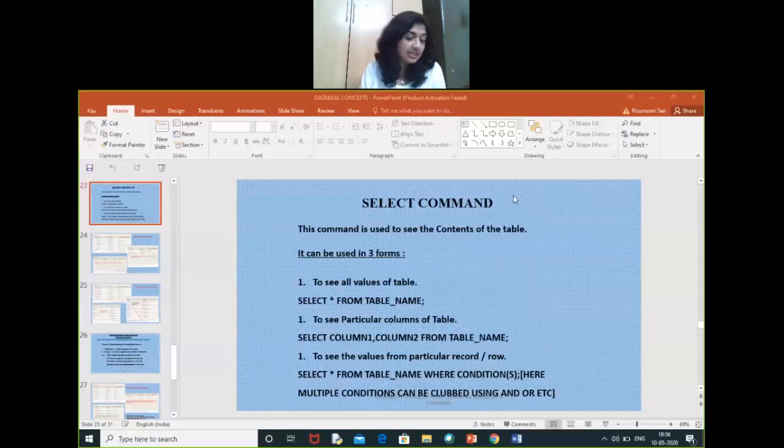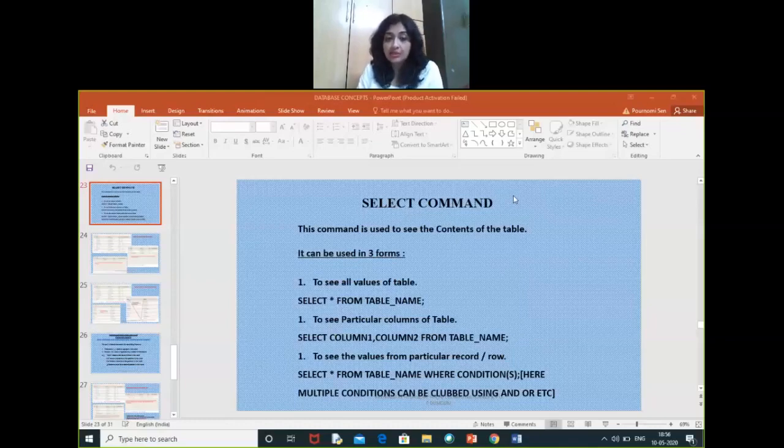As you can see on your screen, the select command is basically used for displaying the attributes, the table constraints, and the table data on screen. There are different formats of the select command. To see all values of a table, we write select star from table name.